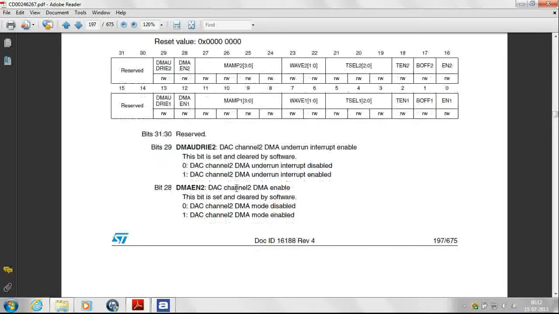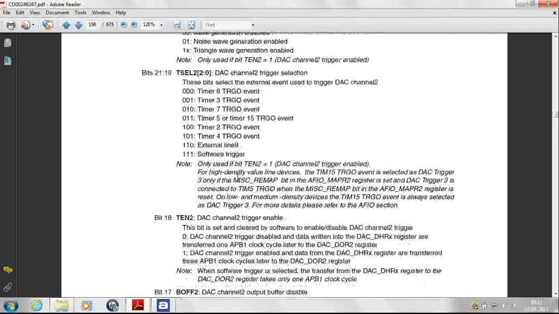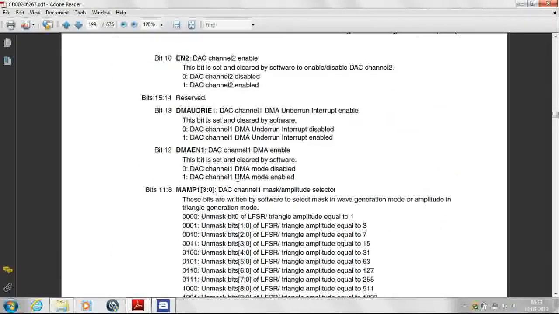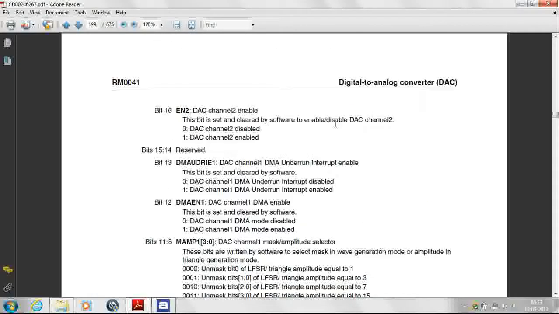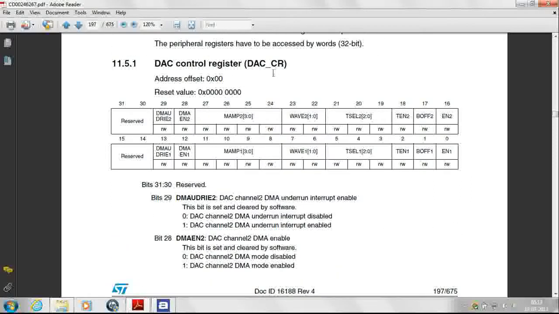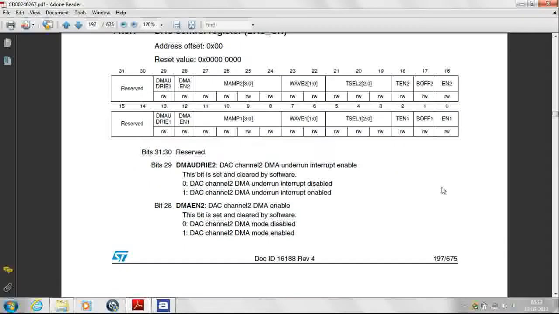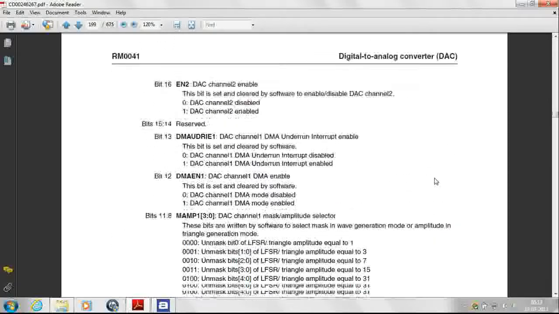Now we'll be using channel 1, that is the one that is connected to PA4 pin. So we have to use the lower half of this register. This is the control register, DAC CR. So we have to use this section of the register, that is the lower half. For this, the bit implementation is as follows.